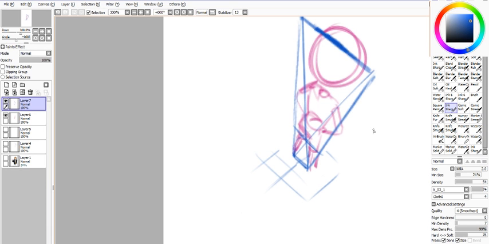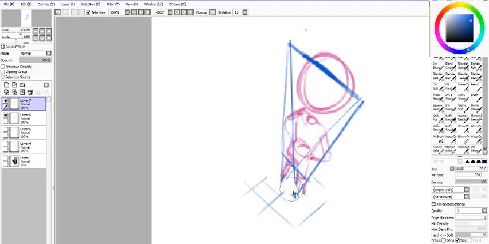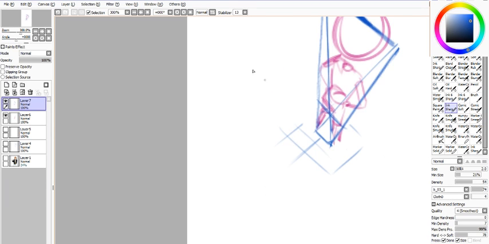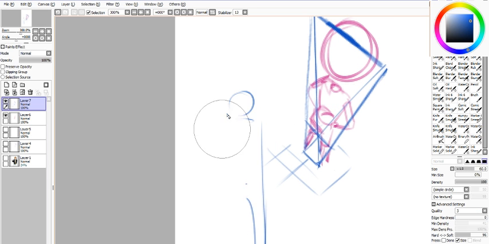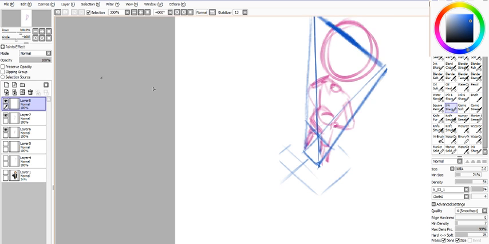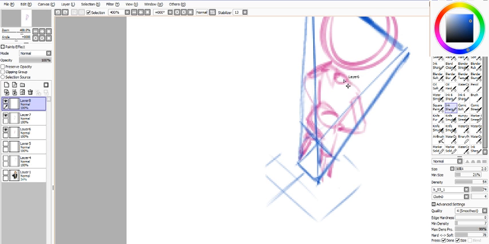Okay. If you find your center, this works in perspective. If you know the center of what you're drawing is, so I'm drawing a person, and I know their center is around their belt buckle, well then I know just from this breakdown that this character is wrong because their belt buckle should be here.